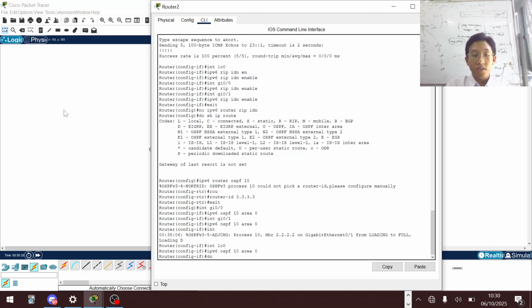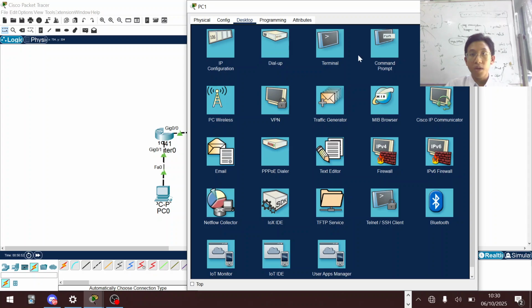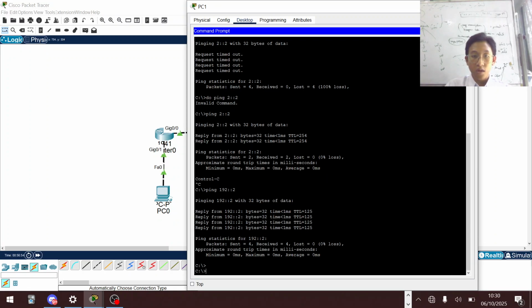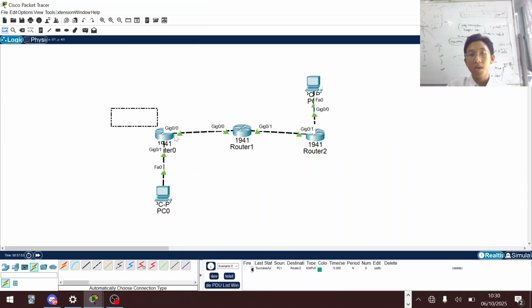And now if we see on our IPv6 route, you can see here we have added a lot of OSPF routes, and if we try to ping 101.2, it will work. Yep, it works. That means we have successfully implemented OSPF on an IPv6 network with 3 routers and 2 PCs.